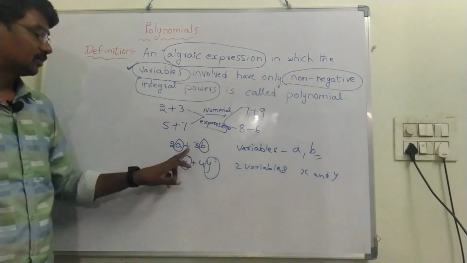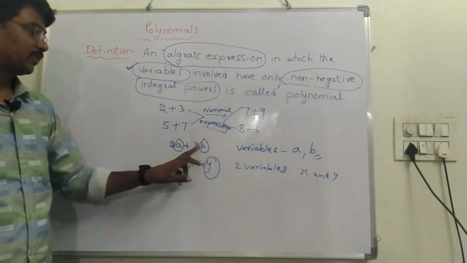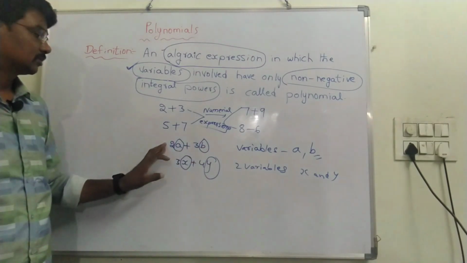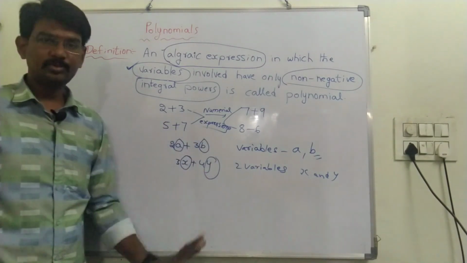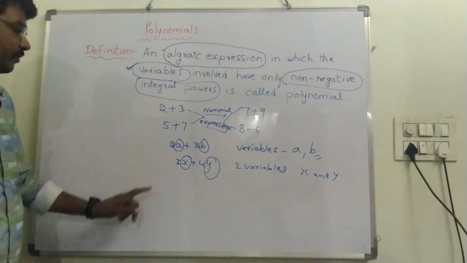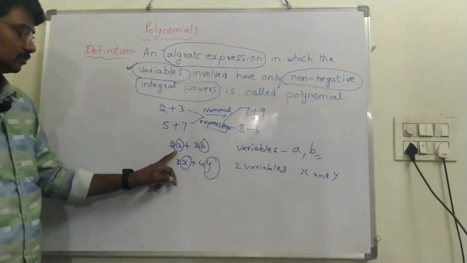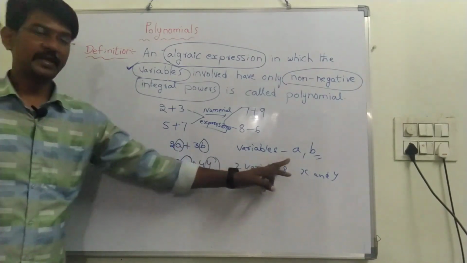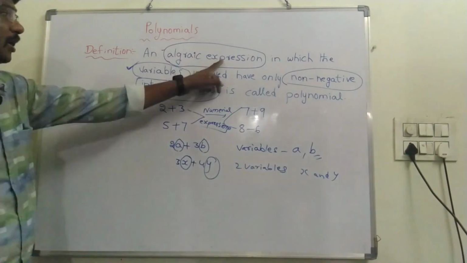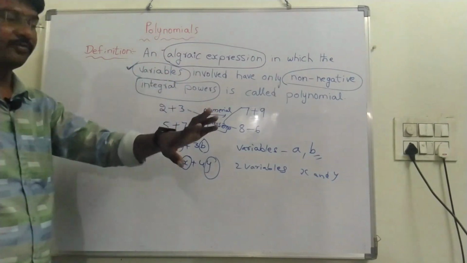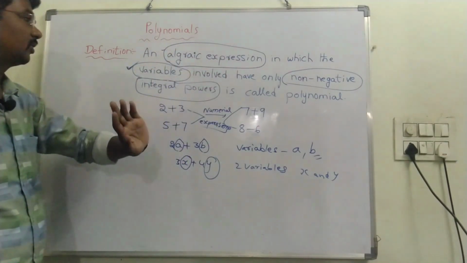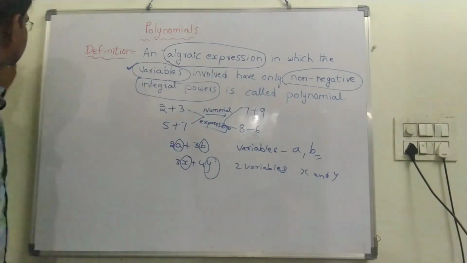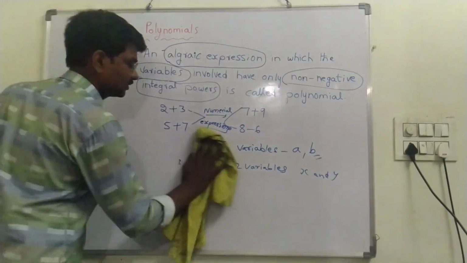Where English letters, alphabet entered, they are called algebraic expressions. These letters we call variables. Tough words, algebraic expression and variables, learning over. Next,